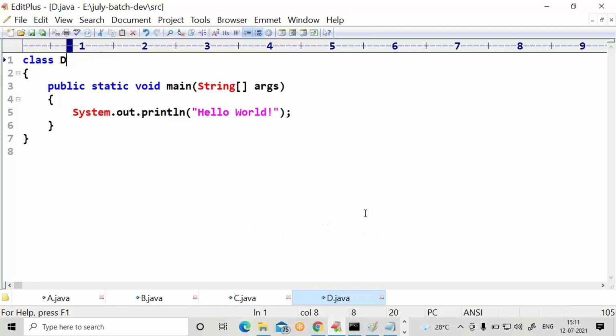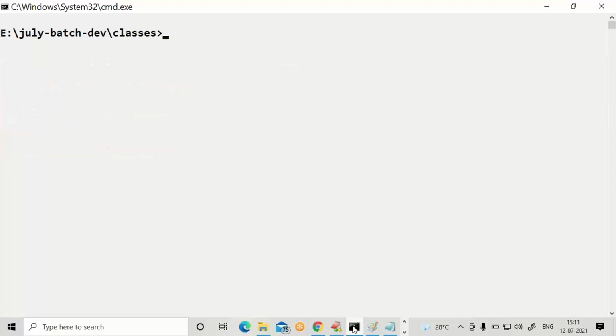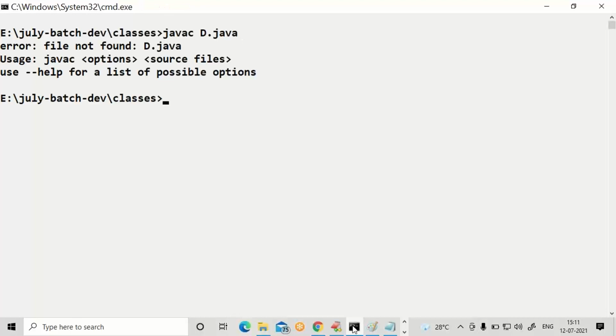You need to trigger javac command from SRC only. Let me clear the console. If you trigger javac command from the classes folder, you'll get an error. Why? Because it is not available in the classes folder.